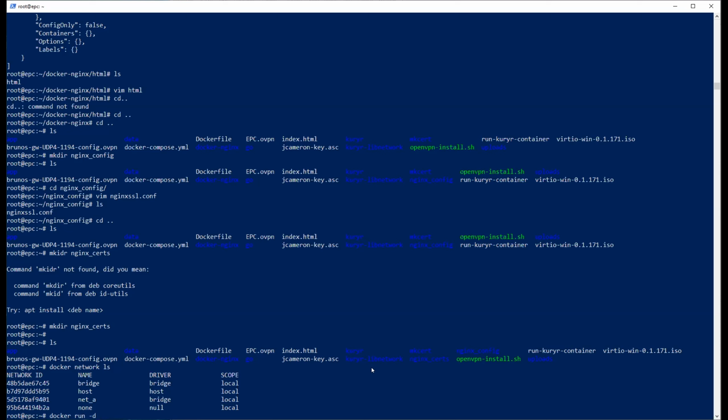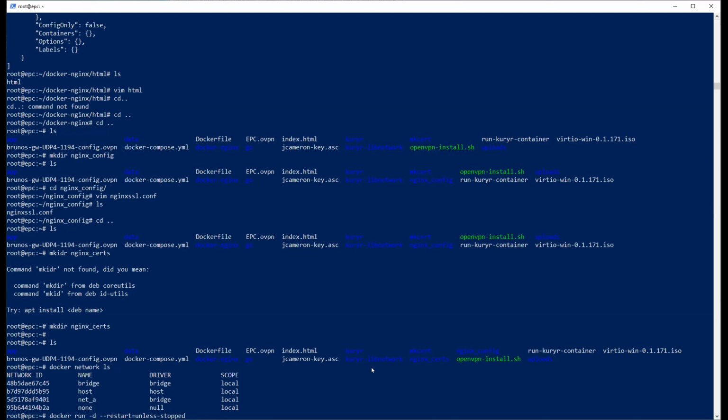We're not going to enter immediately in the container. We can put a flag like this, restart, unless-stopped. So the container will restart if it stops. You will have some sort of safeguarding in case something goes down.